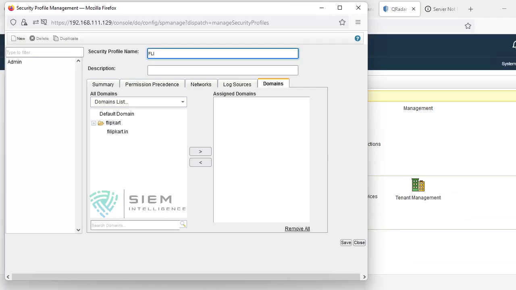First and foremost, Flipkart is my profile. See, Flipkart security profile, you can type security profile, so that whatever I am giving to any user, I keep it under this particular profile, so that it automatically understands that whatever data he fetches, he will get only the data of Flipkart. Description is not mandatory.